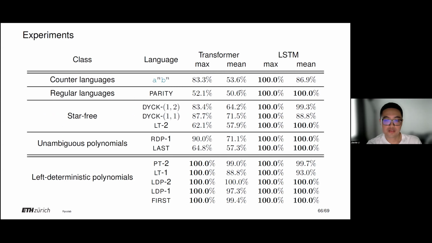And so here are the results. The bottom line is our experimental results align pretty much perfectly with our theoretical predictions. Under this line are all the languages that we predict transformers can recognize, and we see they do obtain 100% accuracy at maximum. This is a length generalization setting, so we train on lengths 1 to 40 and test on 41 to 500. This is the setting we took from Bhattamishra's paper and Alexandra's paper.